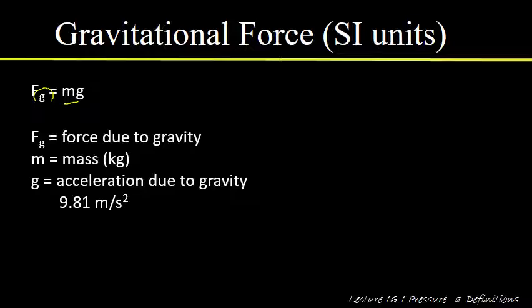Acceleration due to gravity, at least on Earth, is a constant with a value of 9.81 meters per second squared. So to determine this force, we multiply the mass times the acceleration due to gravity,